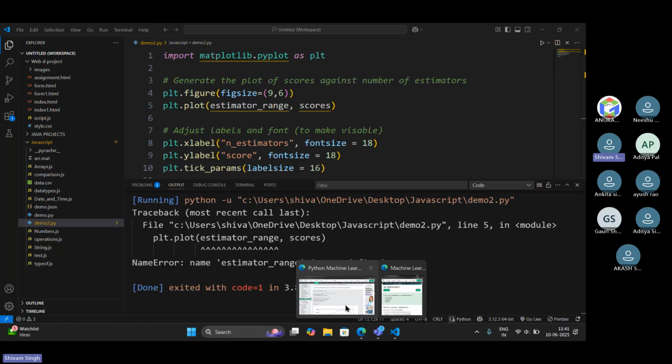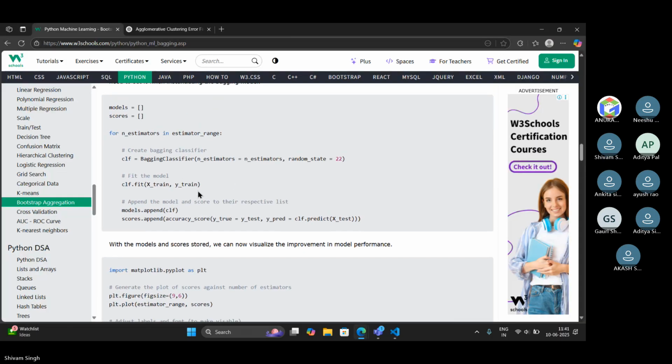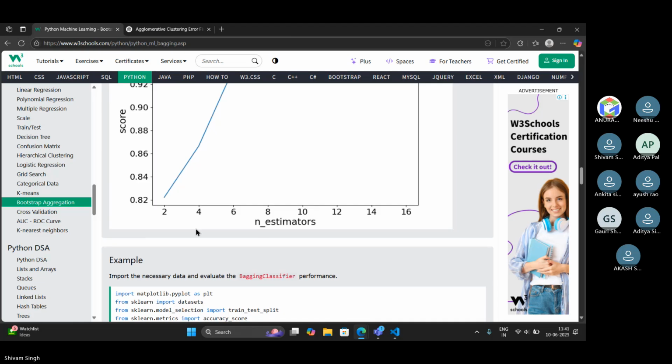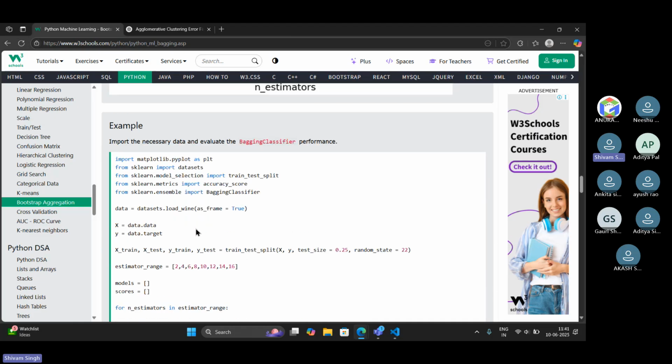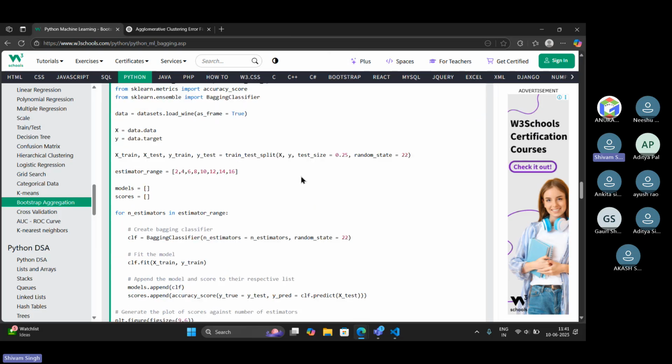Let's check here. This is the code to import the necessary data and evaluate the bagging classifier performance.